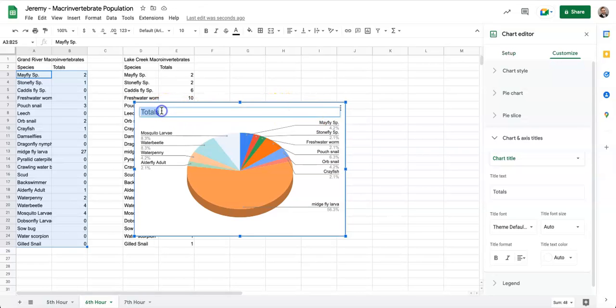I want to double click on the title of this chart, and I want to call it what I took the data from. I created it from the Grand River macroinvertebrate population that we collected, so I'm going to call it Grand River